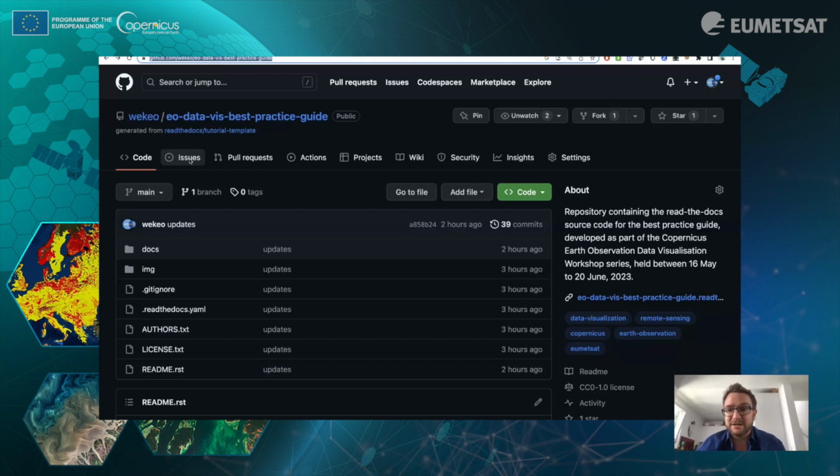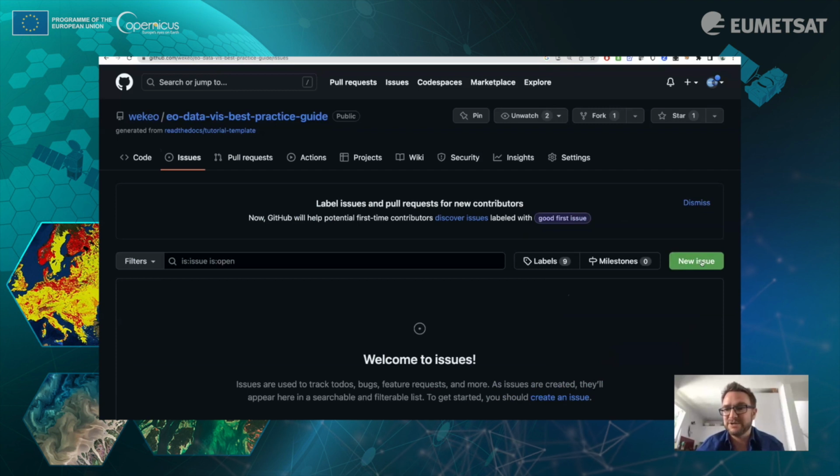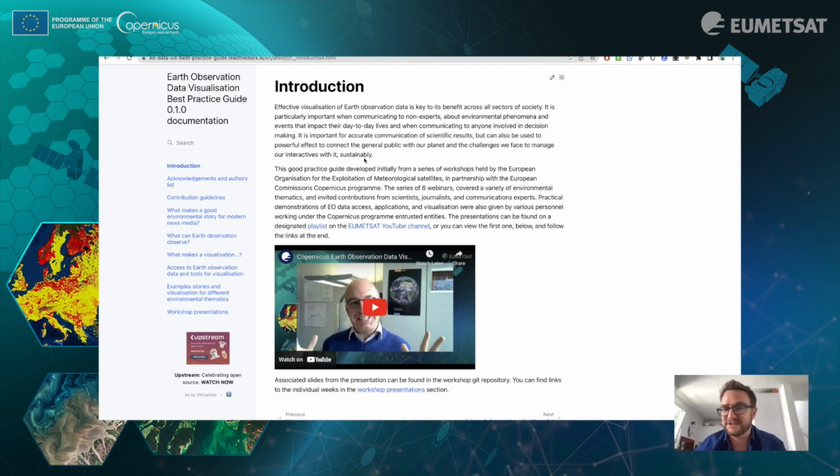For those who are more advanced in using Git, you are free to fork this project and then make your changes and then make a merge request back in. And then we will, again, review the content, and we will accept the merge request if it matches our requirements. So 2 ways you can do it. You'll need a GitHub account for both. Issues if you're not used to working with Git, or fork and merge if you are. So the issues way, all you need to do is raise an issue here, new issue, write what you want us to include, adapt, update, suggestions, and then we'll respond in kind on this page and make the changes. That will then automatically build once we accept it and be reflected in the documentation here.